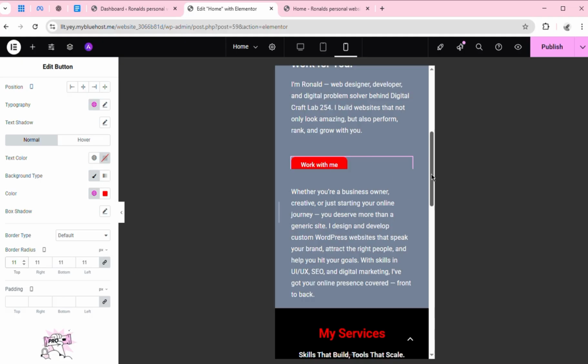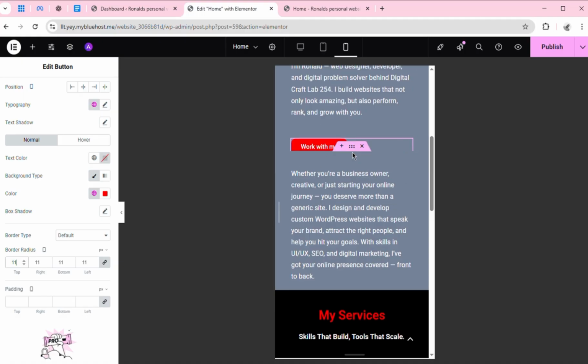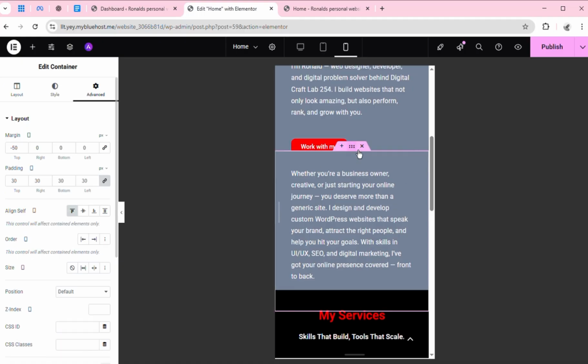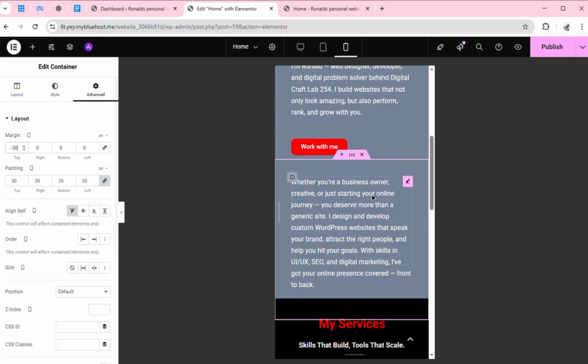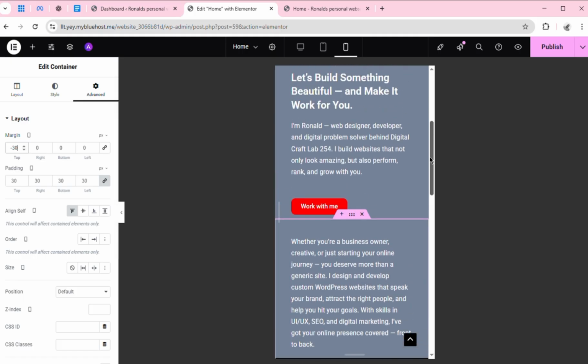Also this we have, guys, you remember we adjusted the margin, the top margin for this container right below the button, and with our mobile view it's not sitting well, so it demands some adjustments for this mobile view. So at the top, maybe we have to reduce it, to bring it down a little bit, maybe let's say to 30. So you can see our button is now looking well, and we can now go back to adjusting